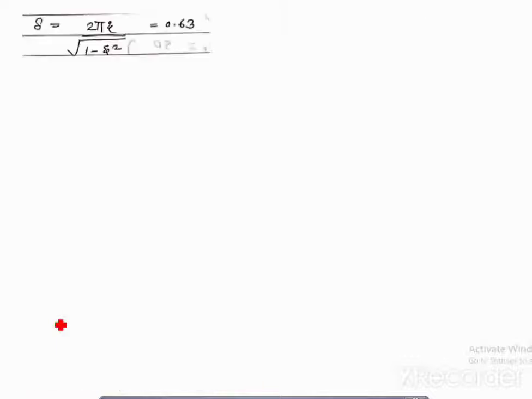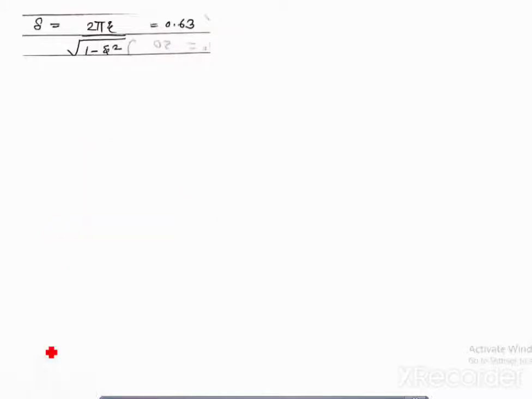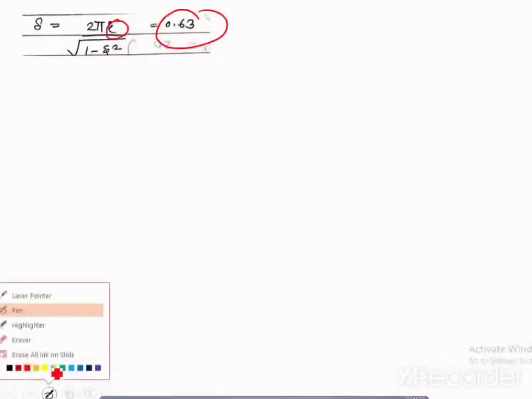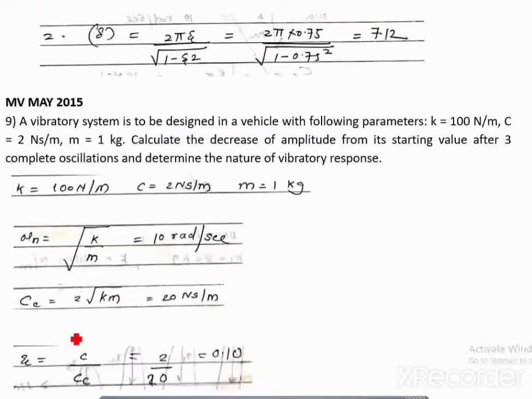Okay. So the next step is delta. Now we are going in reverse. First we were finding delta and then zeta. Now here I found zeta and now I am finding delta. So the formulas are the same. You just have to shuffle the formulas. Okay. Chalo. So what is delta? Delta is 0.63. Why? You just put zeta over here. Okay.